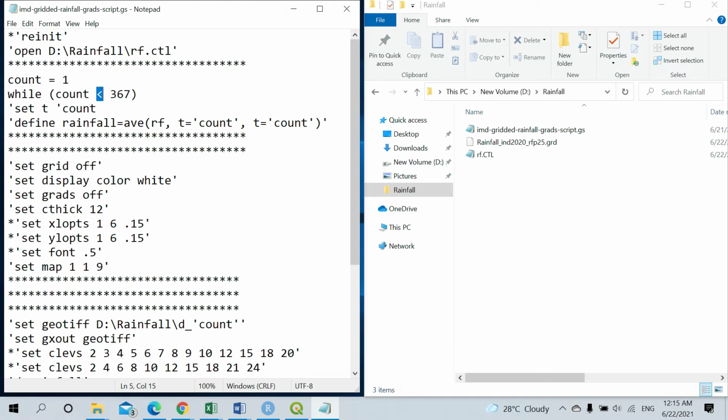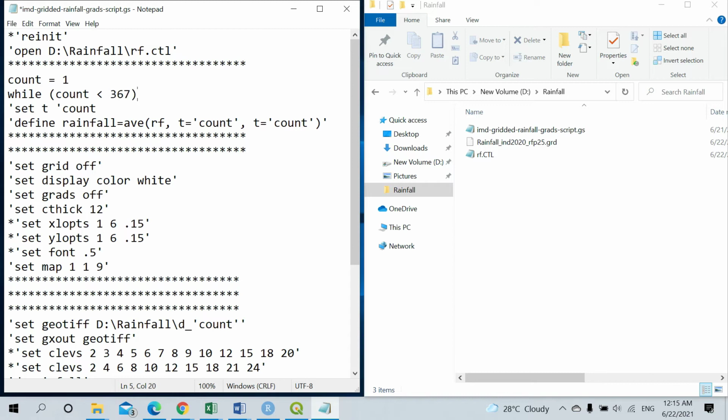I didn't mention less than or equal to. If you want, you can mention less than or equal to and convert it to 366, or you can mention 367 and put the less than symbol also. That is more than sufficient. You don't have to worry about it. You don't worry about the other stuff.